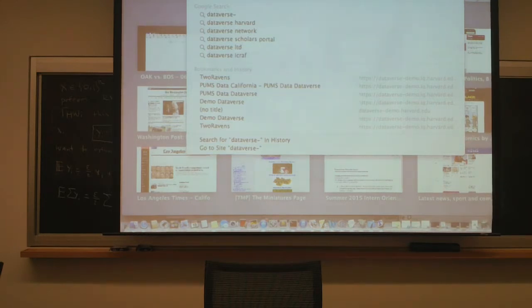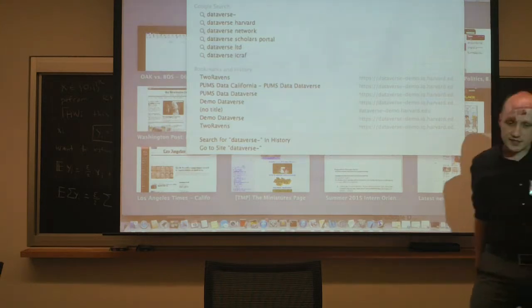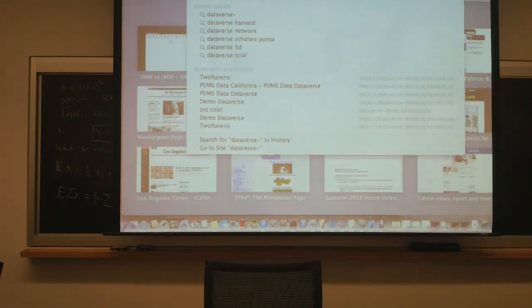This is a test instance of Dataverse. This is not the real Dataverse. I wouldn't throw junk up on the real Dataverse and archive it for all time in posterity. So Dataverse Demo is a version of Dataverse that's sort of for people who are developing apps and want to throw nonsense on it and just see how badly nonsense corrupts it. And so go to this address, and we can play with Dataverse while we're at it.